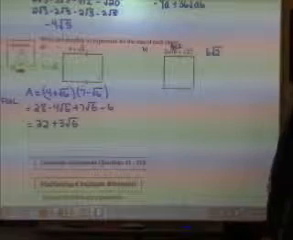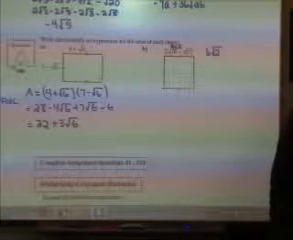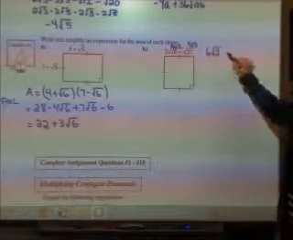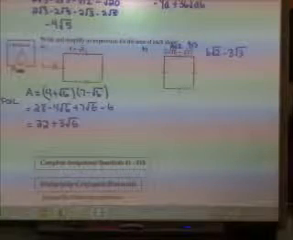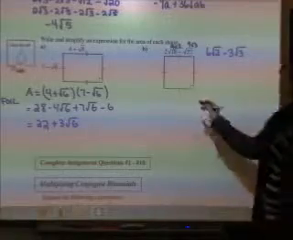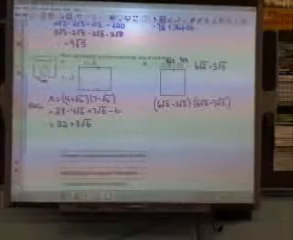Does 27 contain a perfect square? 9 again, so 9 times 3. Square root of 9 is 3. So instead of root 27, I can now write 3 root 3. So now if we look at this and we start multiplying it out,